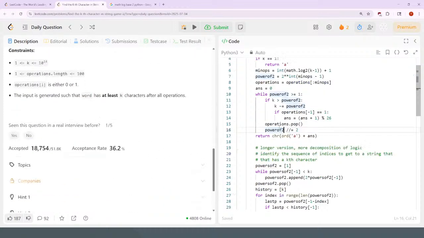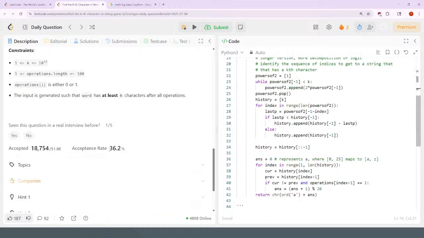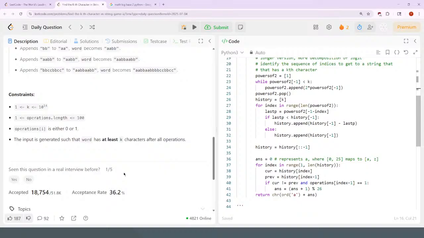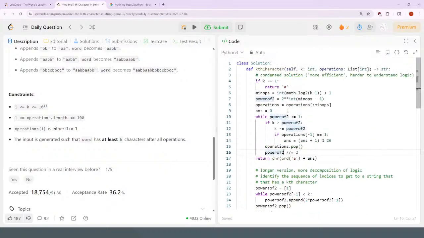All right, cool beans. This one has a lower acceptance rate than I would assume, based on how hard it is in my mind to do this versus some of the other ones. Maybe my understanding of acceptance rate and difficulty is